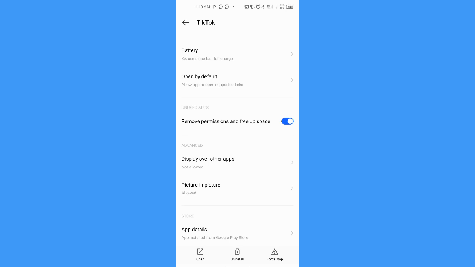So guys, after trying it, if it did not work, what you have to do now is try to use a friend's phone to check for it. But after using a friend's phone to check for it, if it still did not work, what you have to do is this: